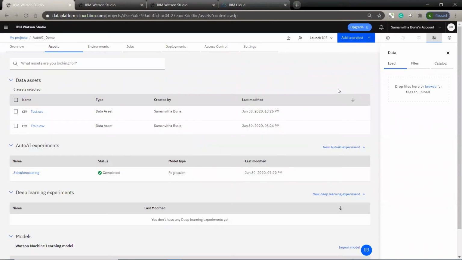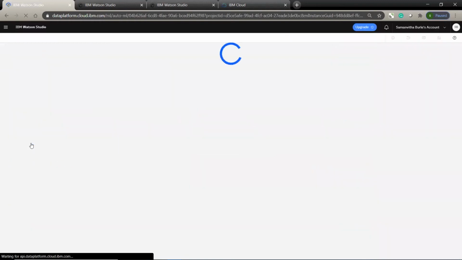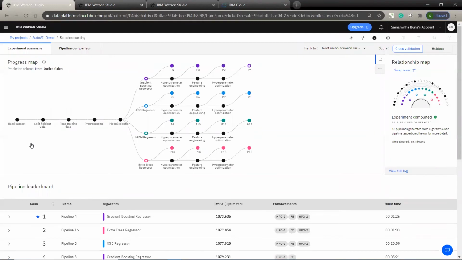You need to give a name to the experiment and select the Watson Machine Learning instance there. Once you do that, your experiment will be created, and then you should go ahead and give the data set either from the project or from your local system. Once you do that, according to the target column or the target feature that you have selected, AutoAI will directly select the model type for you.